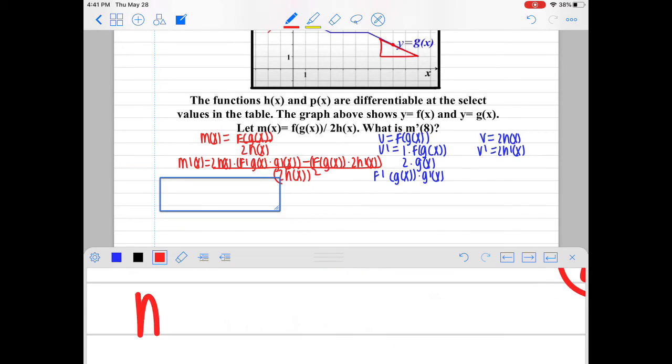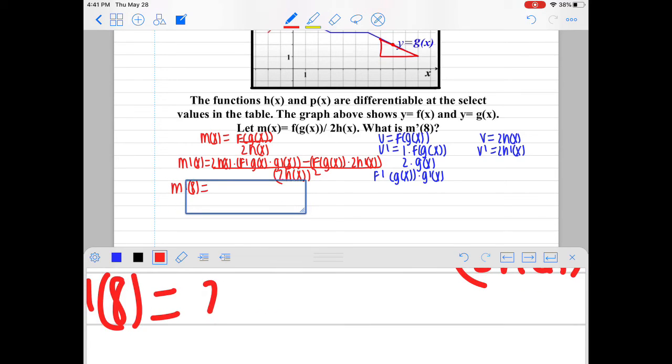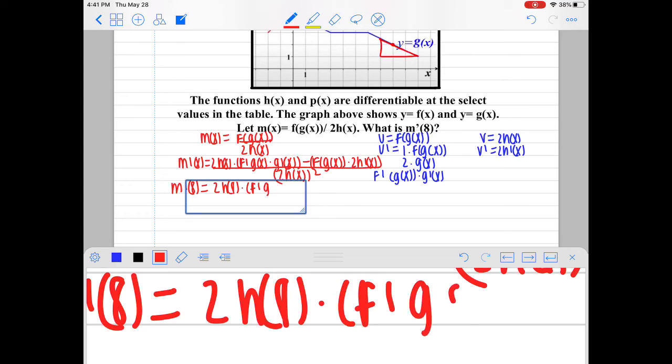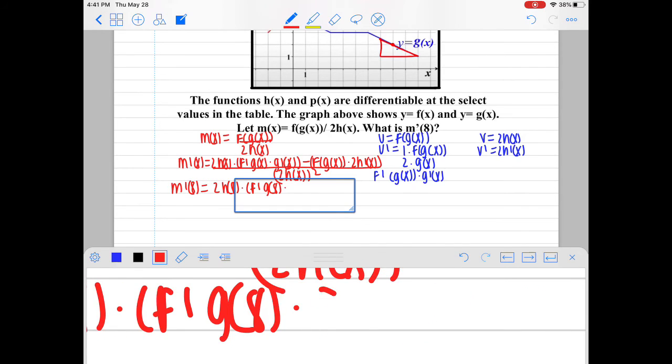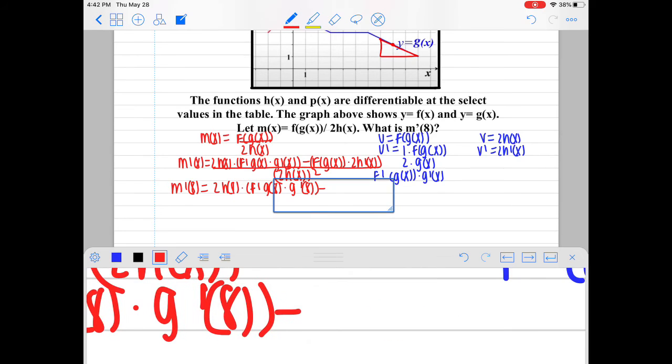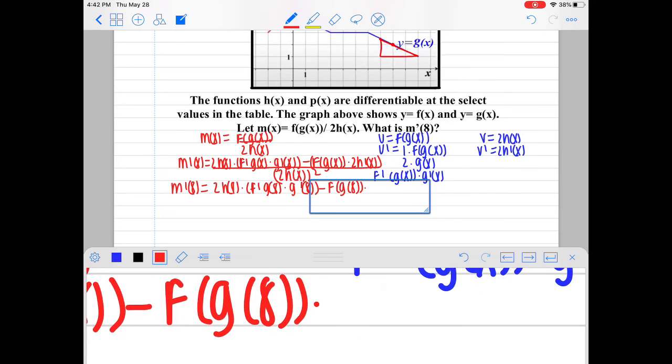And the problem is asking to find m prime of 8, so now we're just going to plug in 8 for all of the x values. And over here we're just writing out g prime of 8 minus f of g of 8 times 2h prime of 8 all over